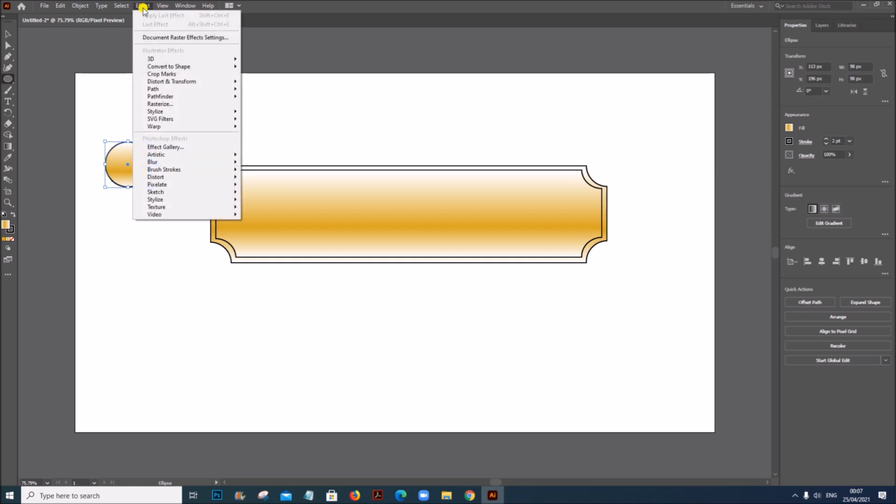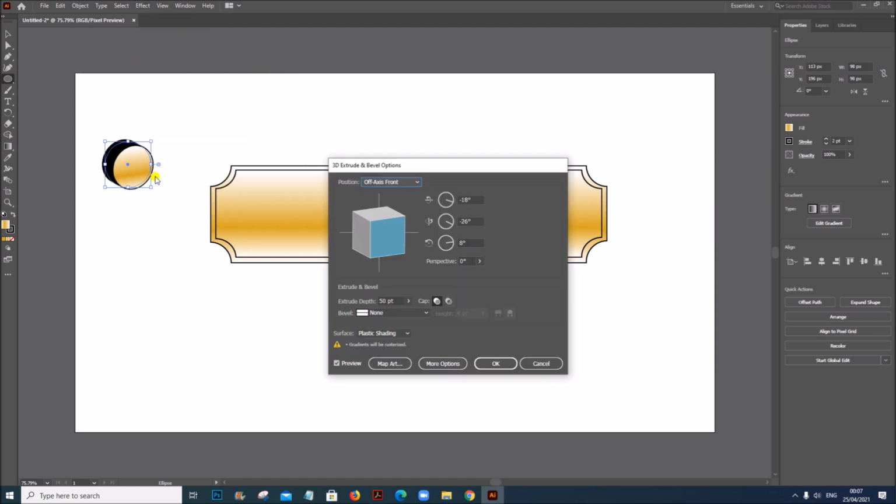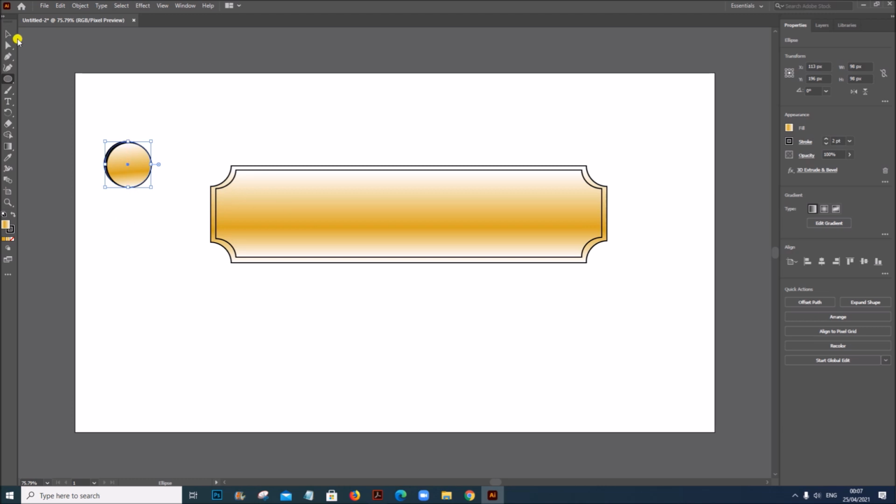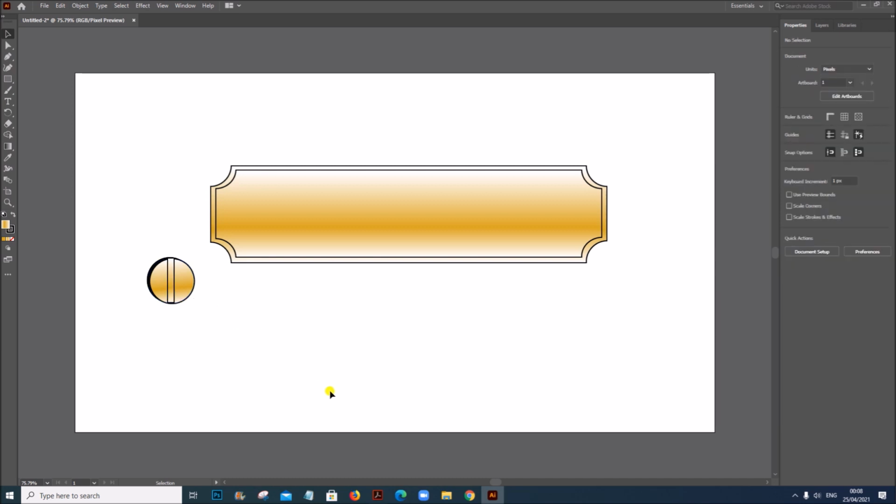Keep it selected, go to effect and let's give a 3D effect, 3D extrude and bevel. Give OK. Now draw a rectangle. So the screw head is ready now.